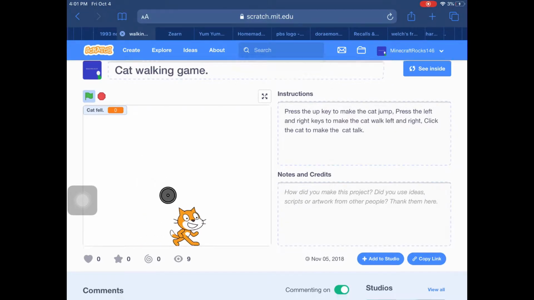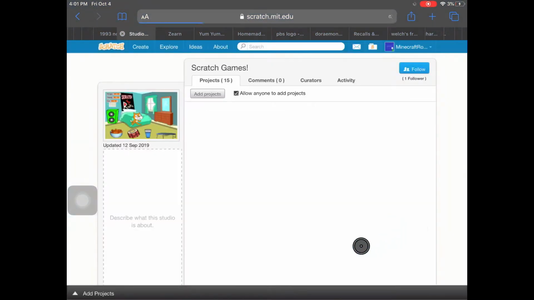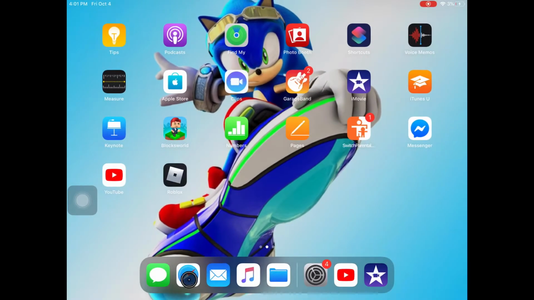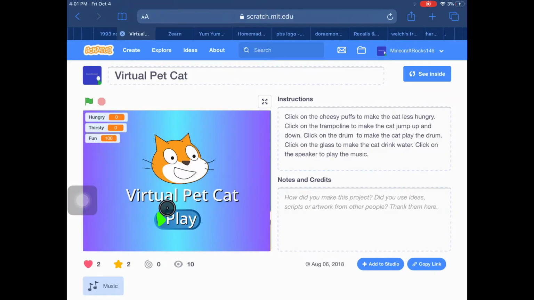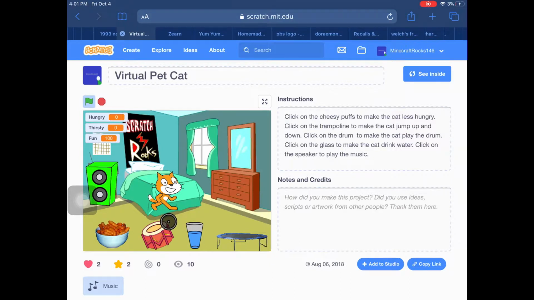And I'll show you another project that I made. Virtual Pet Cat. So, I made this a year ago. So, what you do is drum. I have water, trampoline, cheesy puffs. They're kind of similar to Cheetos, but when I click the speaker,